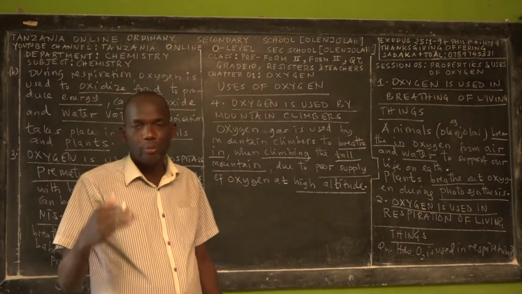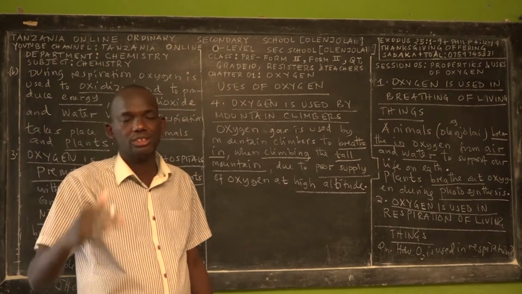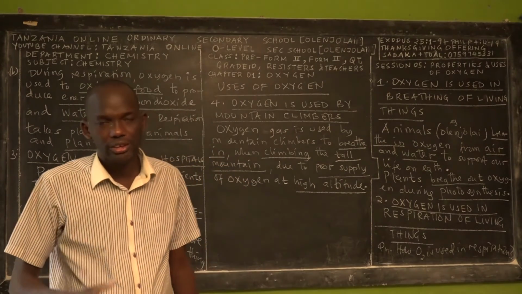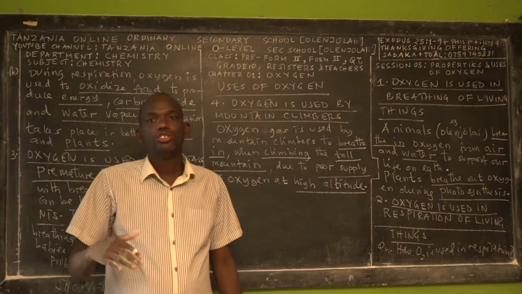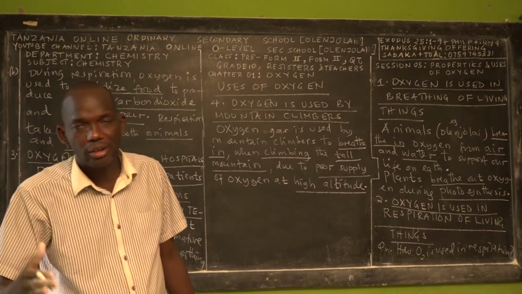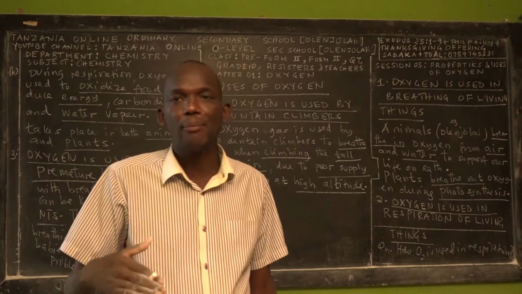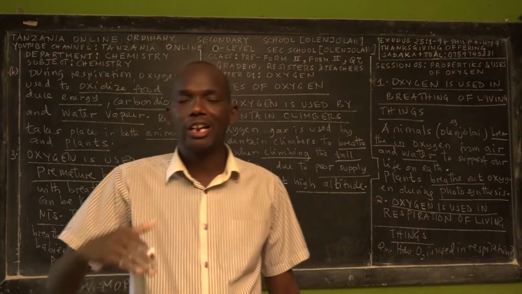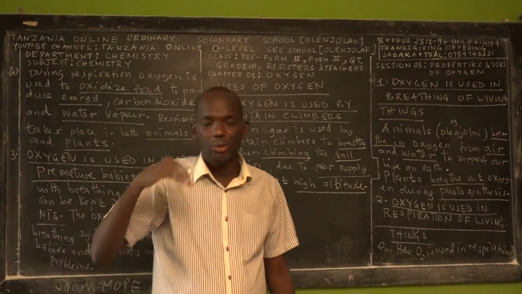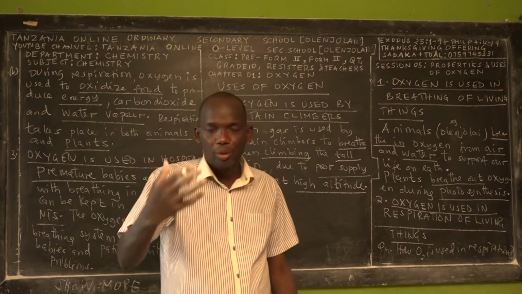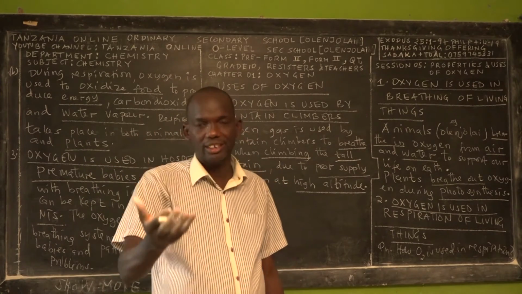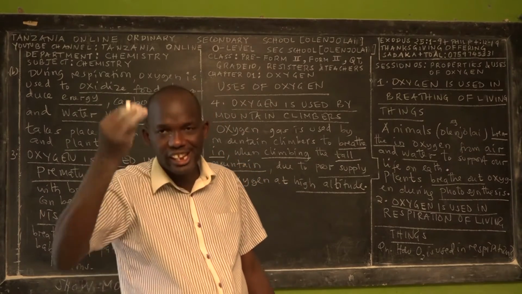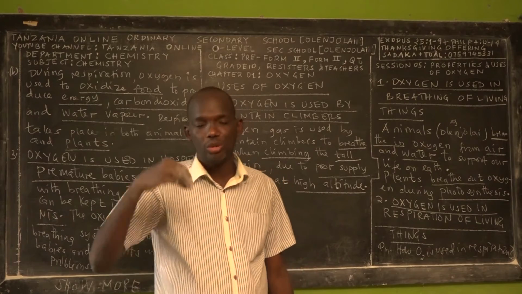But when a human being goes to a tall mountain, which we call a high altitude, they experience some breathing problems. We'll be breathing in with difficulty, it will be a challenge